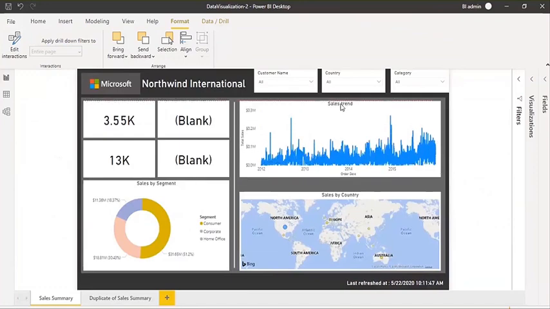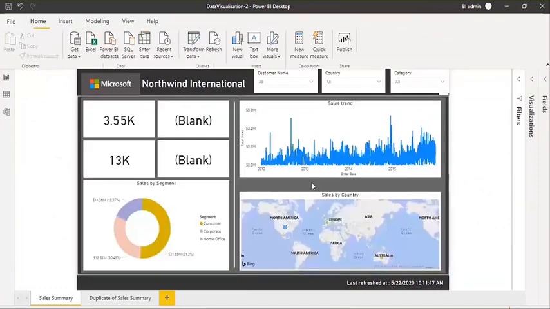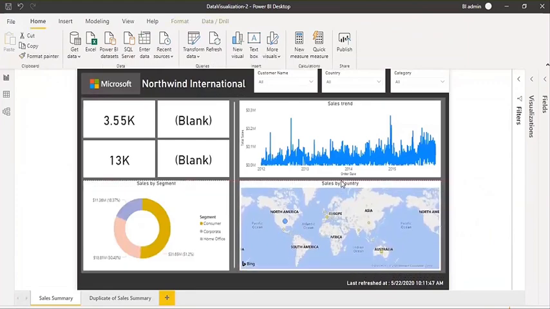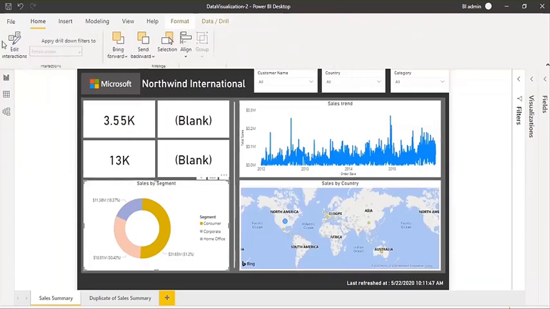Then you can just move it here like this, and this one like this. I just reduced the size to handle the buttons. Otherwise, they generally overlap each other, and sometimes when you click on a button, you are not sure whether this button is for this slicer or for this visual. So it's better to reduce the size, and then you will see the buttons clearly. Then you can manage them.